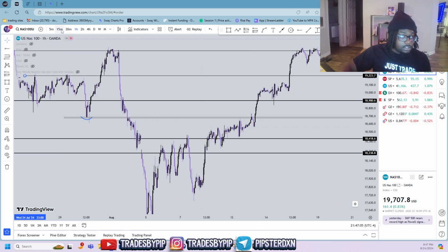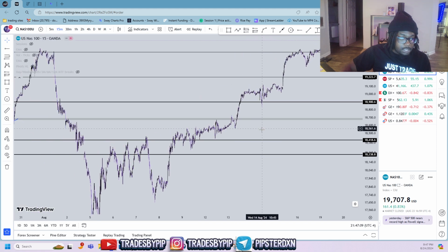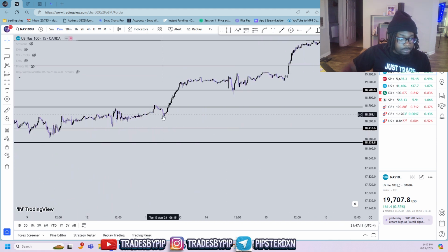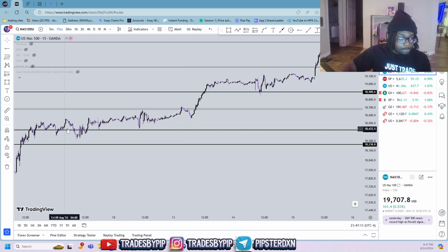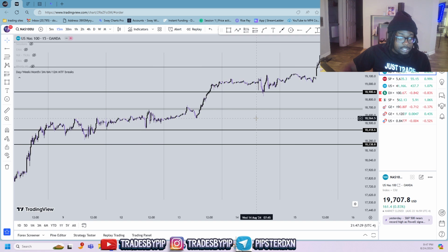But once again, if I was to go into the 15-minute and go back to this zone, all I told myself was, I actually like how price is respecting that bullish momentum it had over here. If I was to turn on the day breaks, I loved how price was respecting these high levels that it had over here to show that price was still bullish instead of tapping into higher low levels down here. So once I seen price shooting back above here, we took buys.